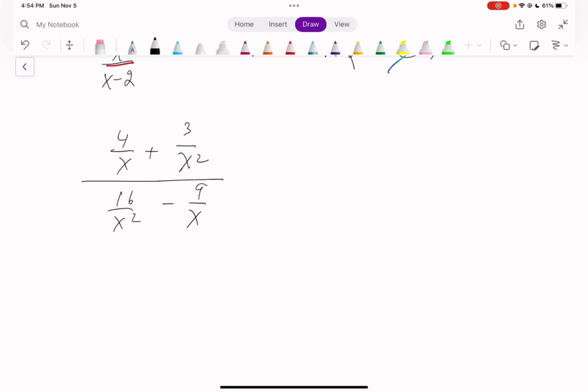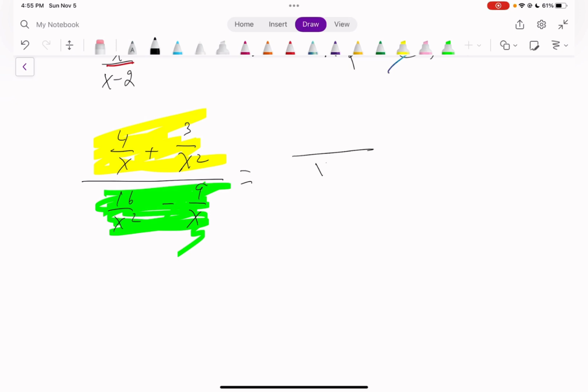What we're gonna do? First, I'm going to simplify the numerator because I add these two fractions, and in the denominator also I'm going to subtract these two fractions. Okay? Well, let's do it. I'm going to have x and x squared. Common denominator is going to be x squared, which means here I have to multiply by x to get x squared. Here also multiply by x, right? And I will get